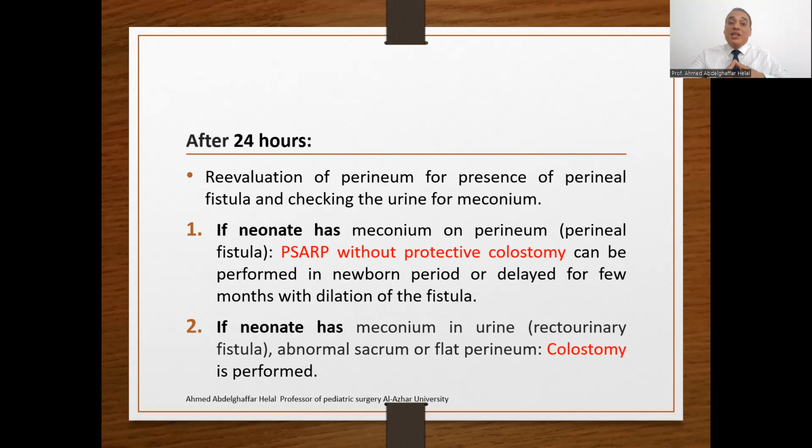Number two, if there is meconium in the urine, or a diagnosis of rectourinary fistula, or an abnormal sacrum or flat perineum, the colostomy is the reasonable option, and you wait for the definitive repair. And from this colostomy, you can perform a colostogram and diagnose the distal rectal anatomy and fistula. This information is very important for all pediatric surgeons dealing with children or neonates with anorectal